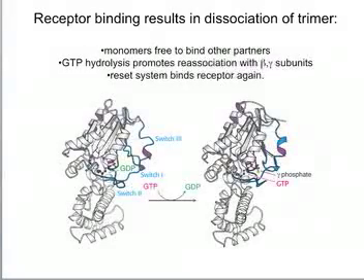And in this cartoon, this is just a cartoon showing you what those conformational changes are between the release of GDP and the binding of GTP that happens concomitant with receptor activation. And of course, there's the usual stuff that happens, big conformational changes, and so on. In this case, next slide,